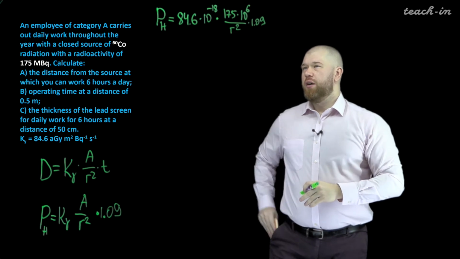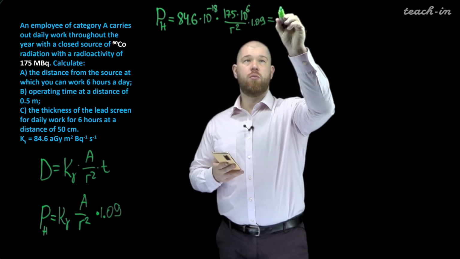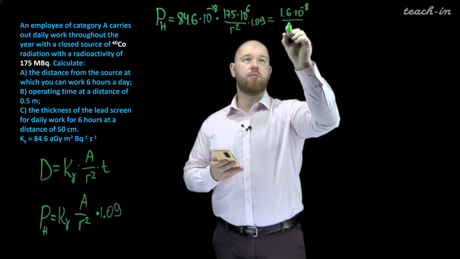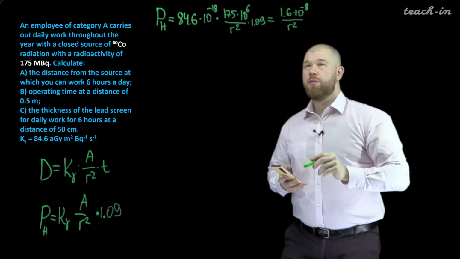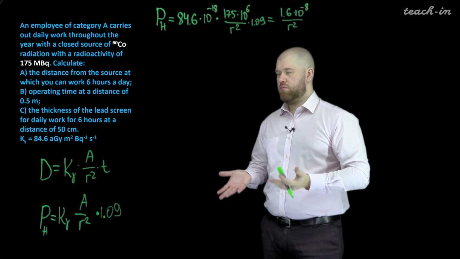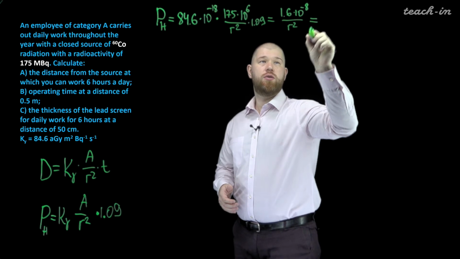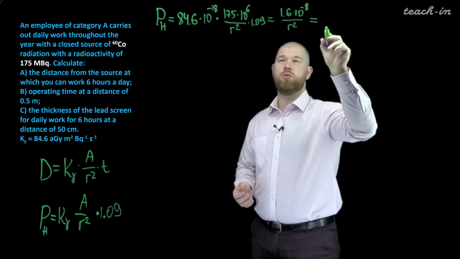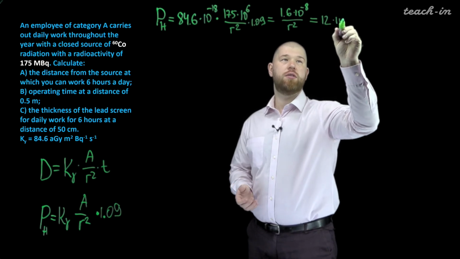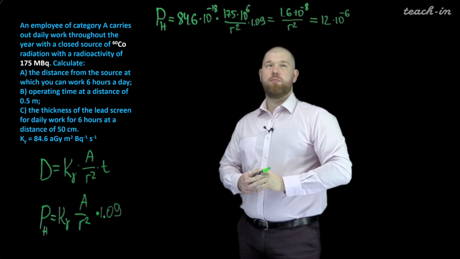Let's multiply all these numbers. So it will be equal to 1.6 × 10^8 divided by r squared. And we remember that by at least Russian law, the maximum dose rate is equal to 12 microsievert per hour,